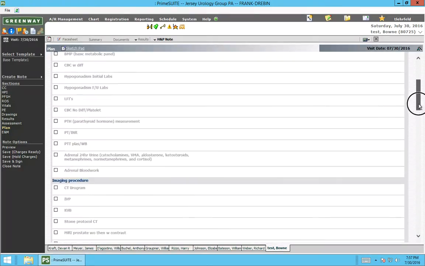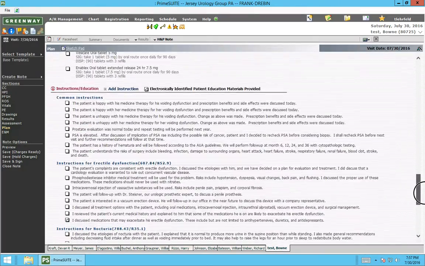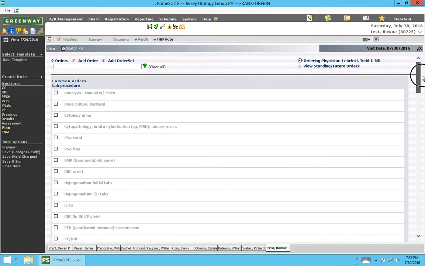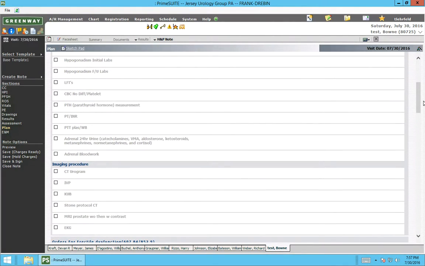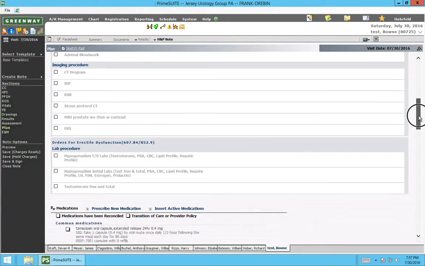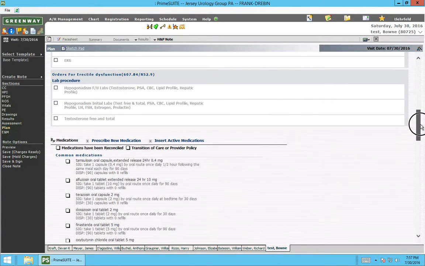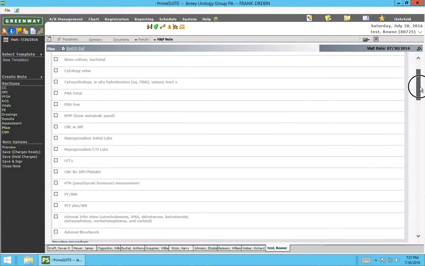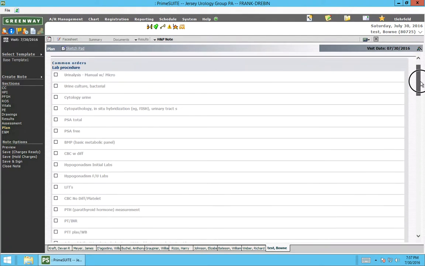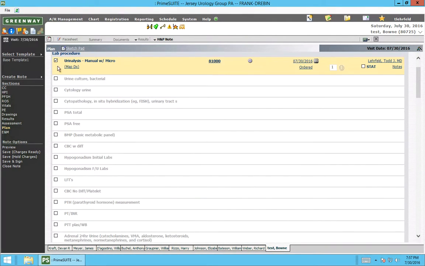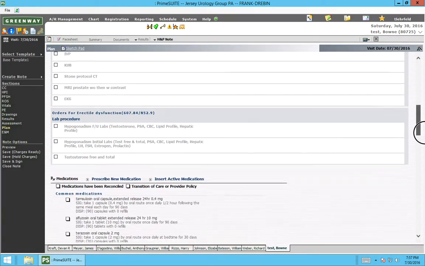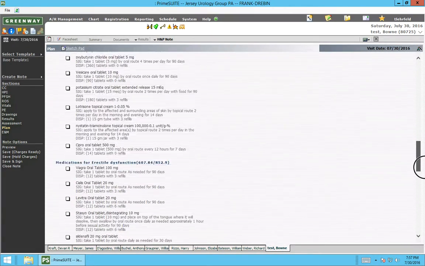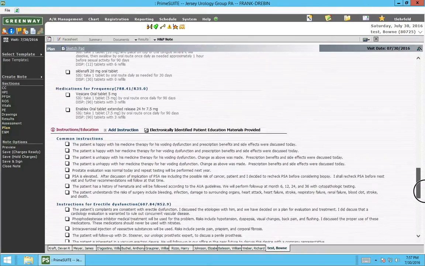And you can also put pre-written little blurbs. Based on your template, it may pull in recommended order sets that you should consider. This is one way to do it. So for example, for erectile dysfunction, I have a generic area over here at the top that has pretty much everything that I'll ever order, and I could just click through whichever ones I want, urinalysis, urine culture, etc. But then there's also medications and things like that. There's also specific things,